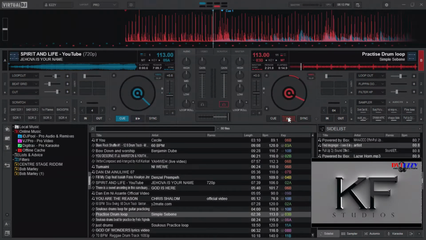Alright, what I basically did is that I played the song that I had loaded onto this deck, and this one has now been played. As you can see, it's in a standstill position, and that is basically the waveform. So let's look at the deck area.